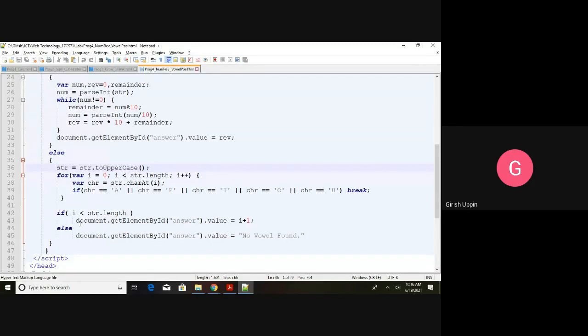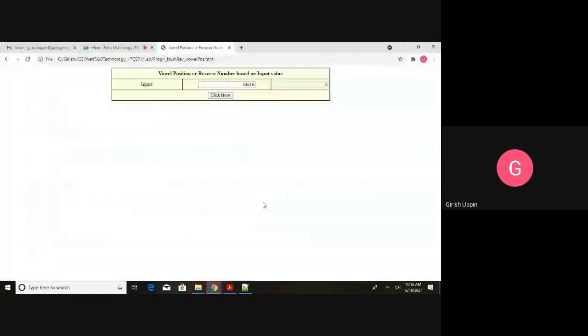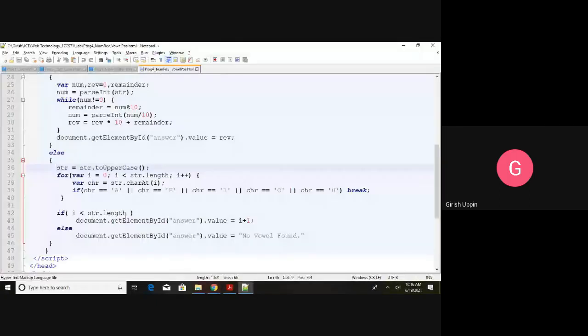The next element is C. It will check the C. C is not equal to any of these. Then R, it is going to fetch. R is not equal to any of these values. Then I get the last character E. When we get the E, is E equal to A? No. E is equal to E, true. So this is our condition. When one value is true, then what is the true block I have? Break. We are breaking the loop at that time.